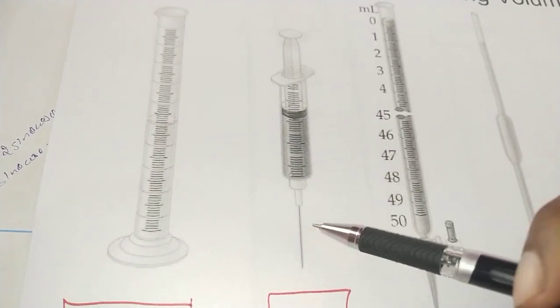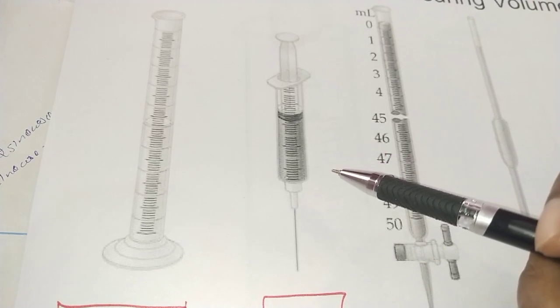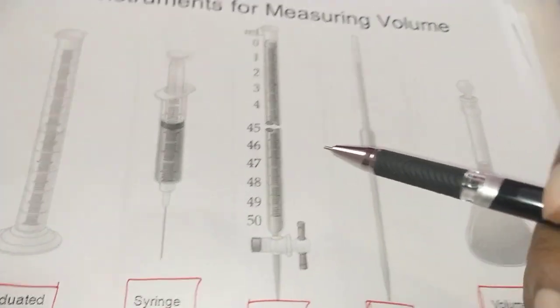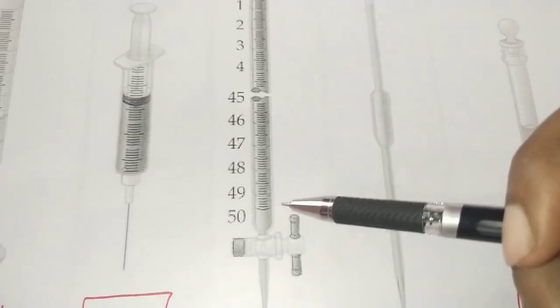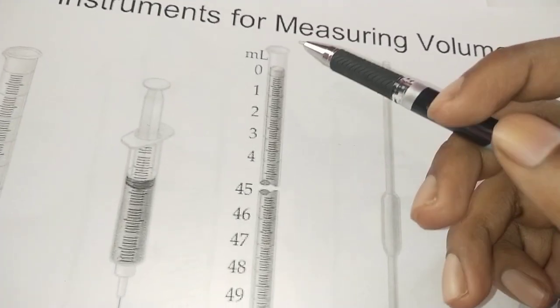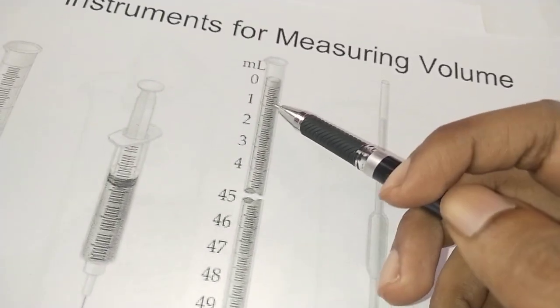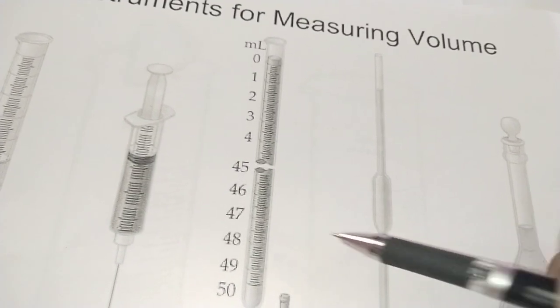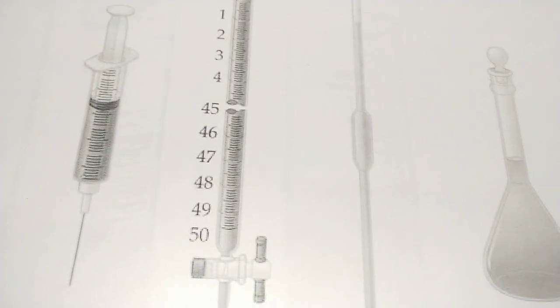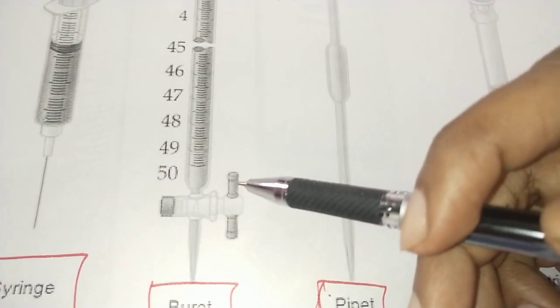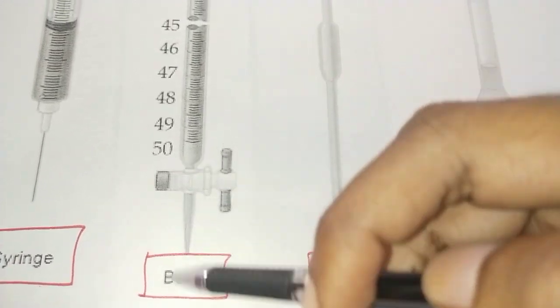Similarly, syringe also, in which we have to be very delicate, we have to be very specific in taking the measurements. This is the burette. This you must have seen mostly in a chemistry lab, where we fill it up from the top end. We have to close this nozzle, and once it is filled up to a certain level, we use this basically for the titration process, the titration experiment that we do in class 12 in chemistry. Then we open this up and the liquid comes down drop by drop from this very burette.